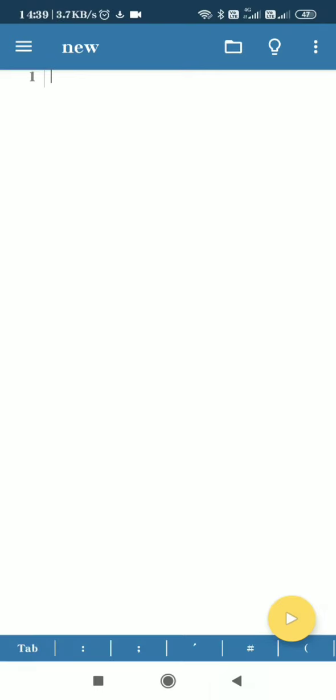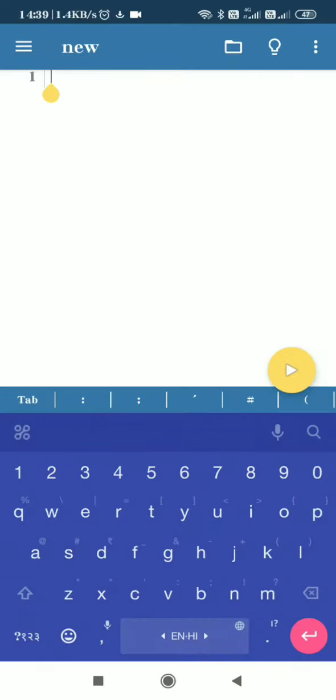This screen will appear, and you can type the command here: import matplotlib dot. But to work on matplotlib we have to install this library.